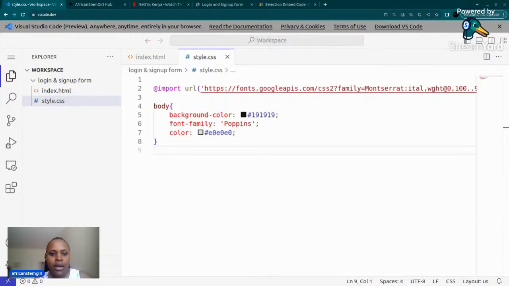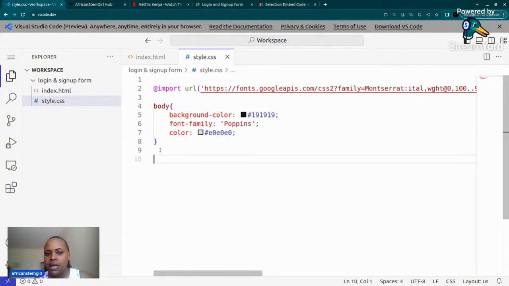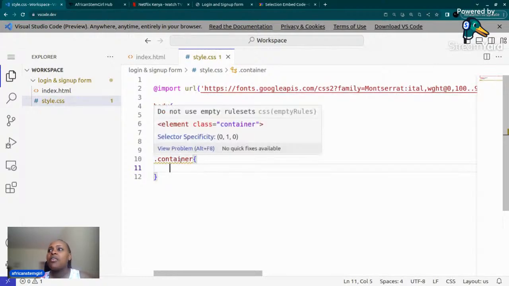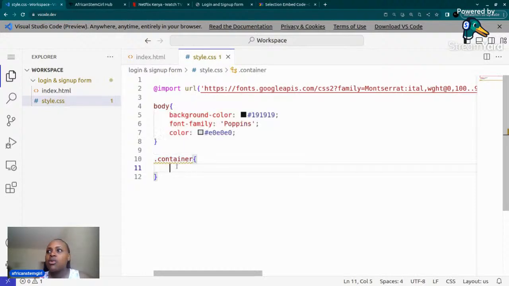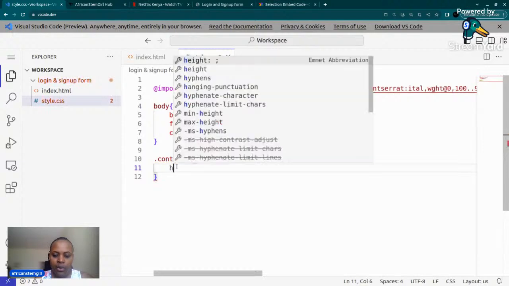So I'll come here to my CSS. When you want to style something that has a class name, you start with a full stop and then you write container. This is the only way CSS will understand you're styling something that has a class of container. And if you hover, you can see that element class container, which shows you that it is capturing an element that has a class container. The other thing we are going to do here is set the height of the container